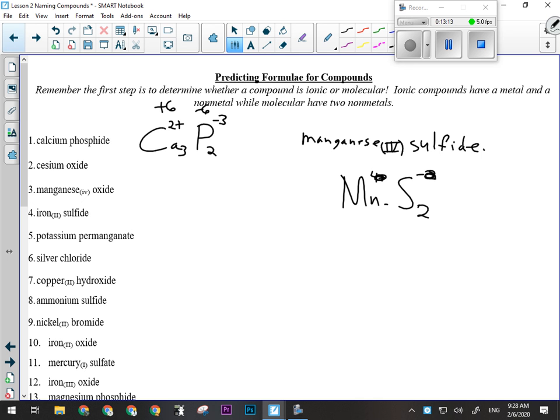Like number 3, where it's not manganese sulfide, but it's manganese 4 oxide instead. So it'd be very similar to what we just did there. Okay, let's have a look at cesium oxide here, number 2. So the formula for cesium is